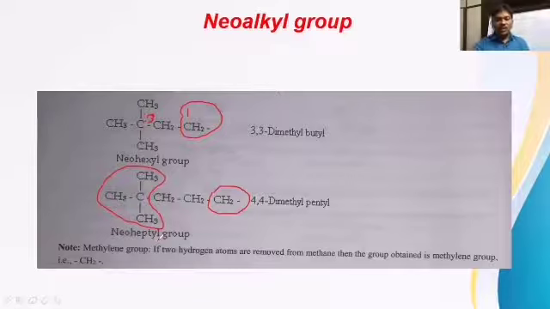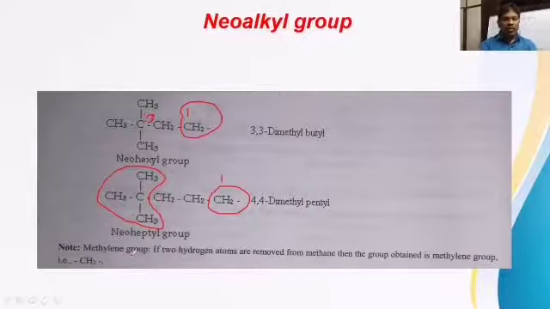And while writing the IUPAC name of this alkyl group, number 1 should be allotted to the free bonded carbon. It is first carbon, second carbon, third carbon. Fourth carbon has how many methyl groups? Two methyl groups. Fourth carbon with two methyl groups, and it is fifth carbon. In the longest chain possible, there are 1, 2, 3, 4, 5 carbons. That's why it is pentyl. In this pentyl, on fourth carbon, two methyl groups are there. So it is called 4,4 dimethyl pentyl. So it is neo-heptyl group or 4,4 dimethyl pentyl group.